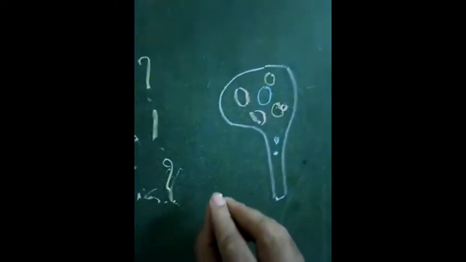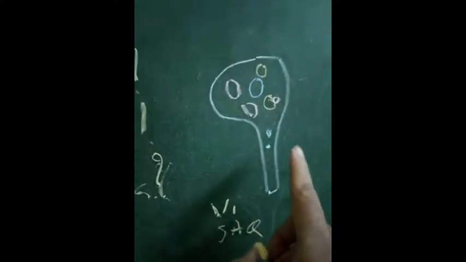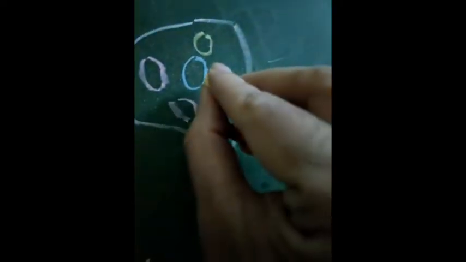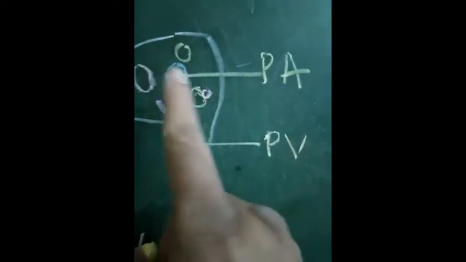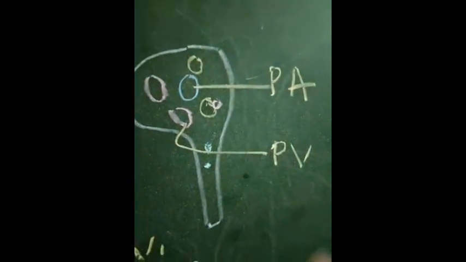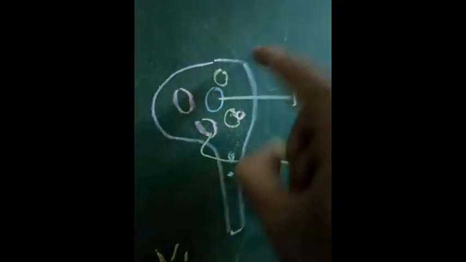Then there may be a viva question or short answer question on the hilus of the lung. Look here, this is a clear picture of the hilus of the lung. I'm just magnifying it. Just look at it carefully. Remember, though this is blue, this is the pulmonary artery and this is the pulmonary vein. You understand this color difference because of the reference to carrying deoxygenated and oxygenated blood, which you have already learned before your undergraduate. Now next, these are bronchi.